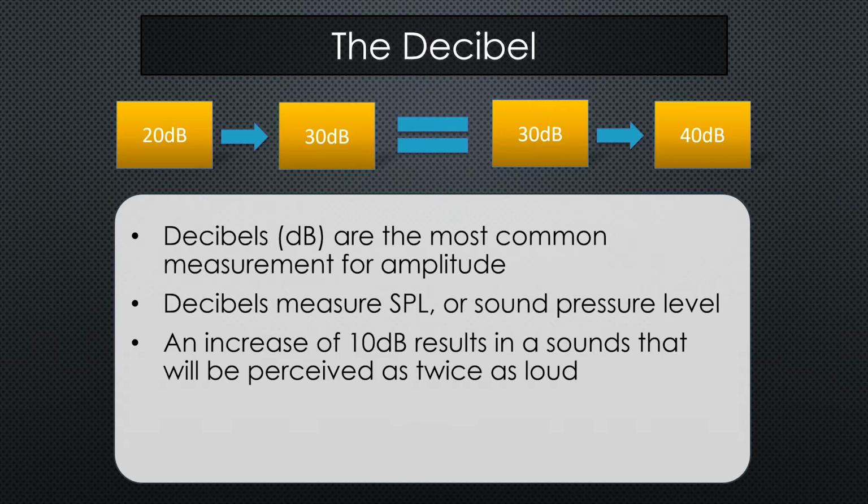it will convert that to decibels for us. And as we can see here, an increase of 10 decibels results in a sound that will be perceived as approximately twice as loud. So if I'm playing an instrument at 20 dB and I go up 10 dB to 30 dB, it will sound twice as loud. We don't have to go from 20 all the way to 40. This is true across the whole amplitude spectrum. If I'm playing at 90 decibels and I go to 100, it will sound twice as loud. So you have to be mindful of the fact that a relatively small number of decibels is actually a really powerful increase in terms of the overall amplitude and loudness.